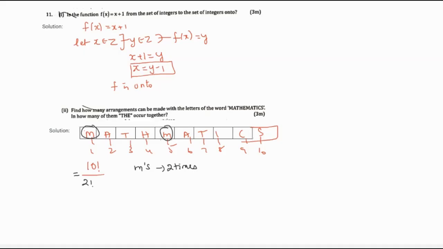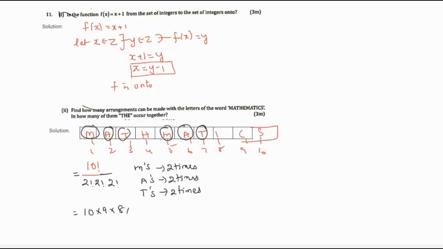Then A is repeated 2 times, again 2 factorial. Then T is repeated 2 times, it is 2 factorial. No other elements are repeated. Then it will be what? It will be 10 into 9 into 8 into